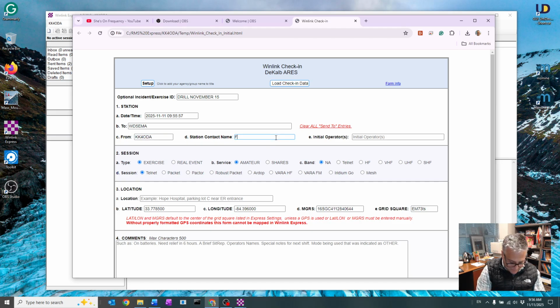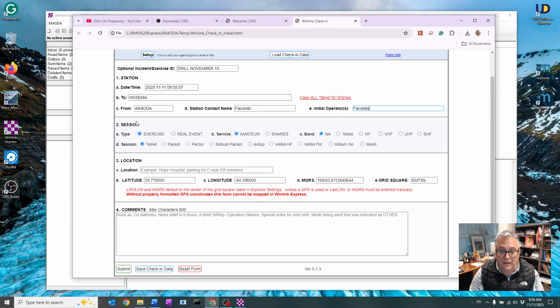I'm going to put my name, Facundo. And the initial operator, that's me, Facundo. And then I'm going to say that this is an exercise, very important. I'm using the amateur service, and I'm going to send this by Telnet, although you could choose HF or VHF if you're connected to the radio. It's going to be a Telnet session, but you can also choose VARA. You can choose packet, depending on the type of connection that you're going to establish